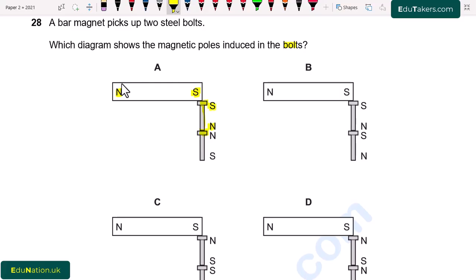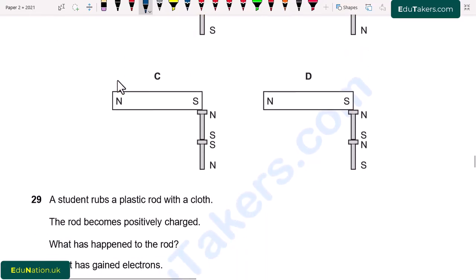So first of all, we see in option A that here is north and north. Both of these face each other, due to which there will be repulsion. Both of these bolts cannot exist together. They repel each other, due to which this option is incorrect. Option B, again we see here that there is north and south. So there is attraction between them, due to which these bolts combine. Here is south and south. But because of this south and south, there is a repulsion between them, due to which the bar magnet cannot pick up these steel bolts. Option B is also incorrect.